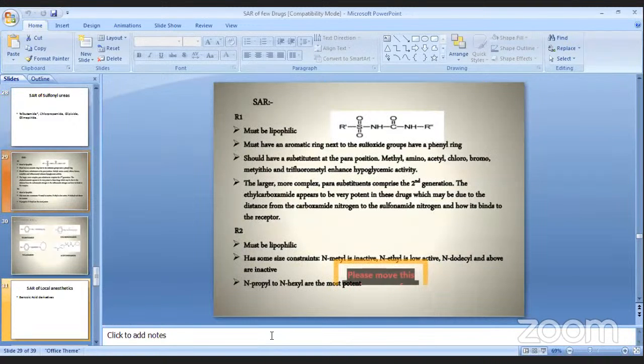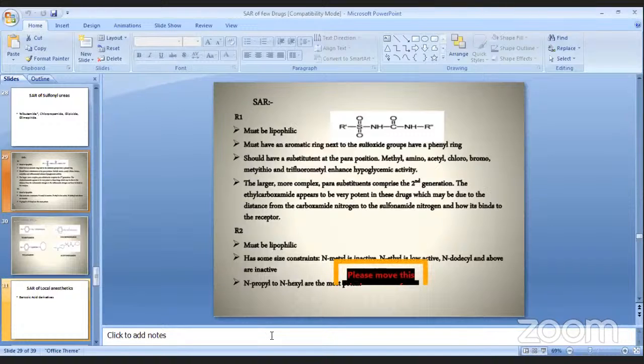The basic moiety has a sulfonyl group, with R1 on one side and R2 on the other. So it is a sulfonylurea. Urea is CONH2; one part is attached to R2 and the other to SO2 R1. So R1 and R2 are very important positions of the